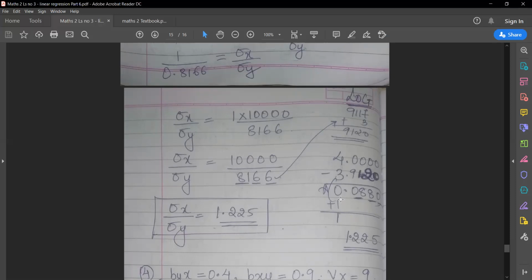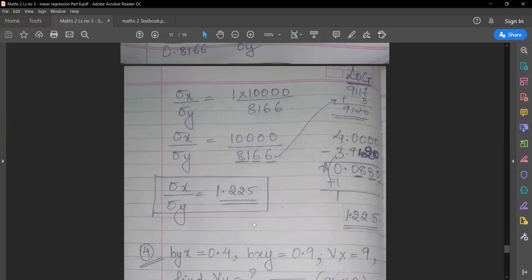And this is what I got after subtracting. Then I saw in anti-log 0.08 under 8. I got the answer as 1225. On adding back the 1 again, after the first number we'll put a decimal. I have told you all, in logarithm we count from the front and put the decimal. So the value of sigma x upon sigma y is 1.225. So this way the sum is to be solved.